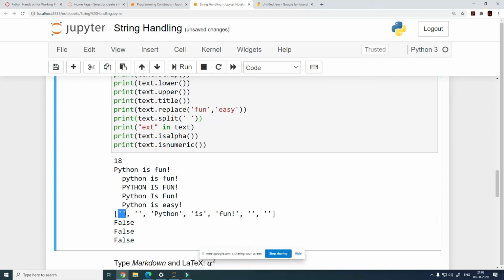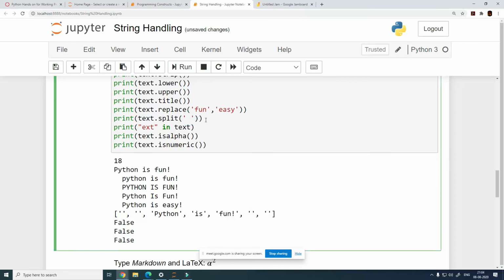So this is what the split function is doing. It has put in a blank item, then Python, then is, then fun, colon, and then again two blank items in the list. If you look at the split statement, it has actually created a list. This is something that you need to note: whenever you use a split function, the outcome is going to be stored inside a list. These are the big brackets, and all of the items in there, separated by commas, are the items in that list.